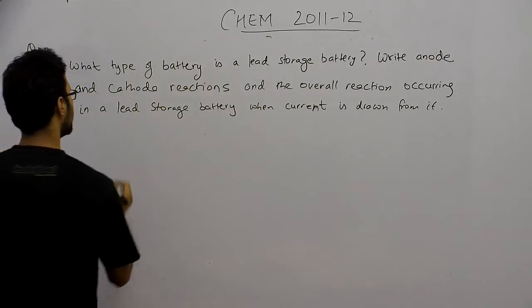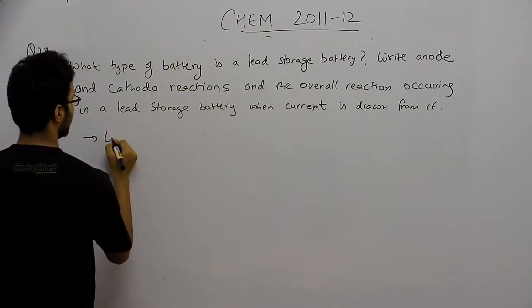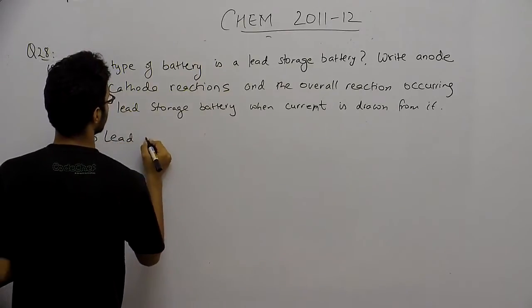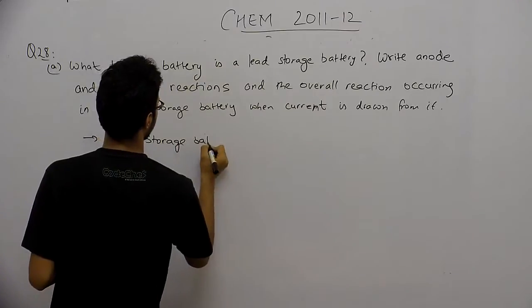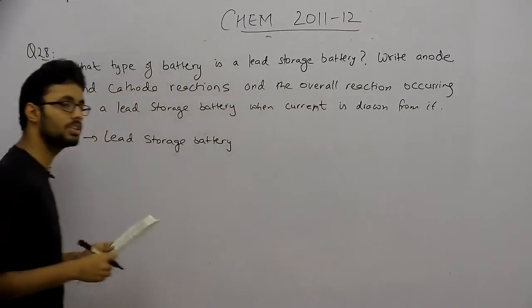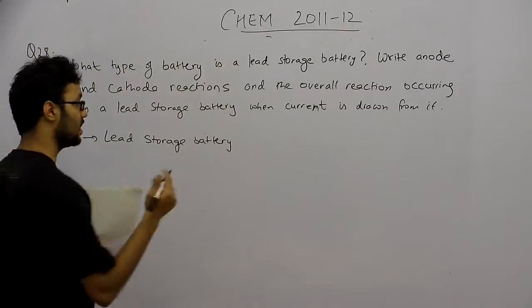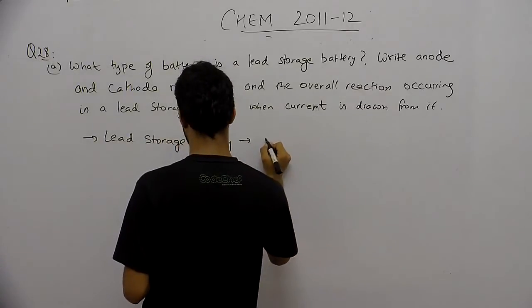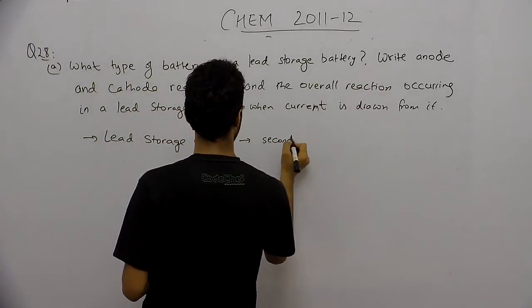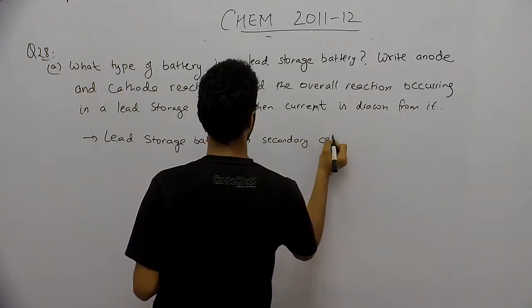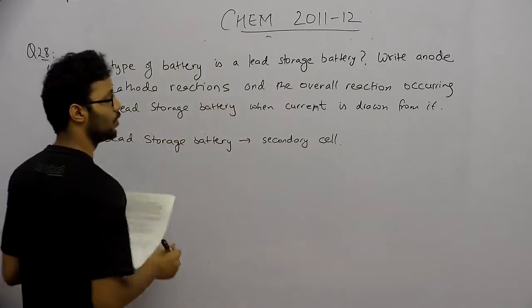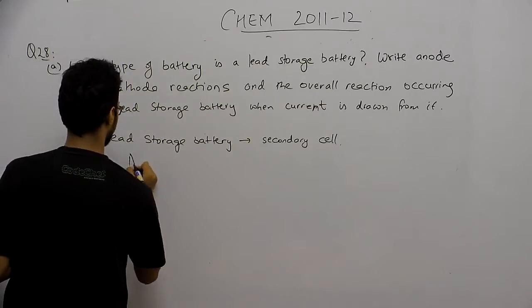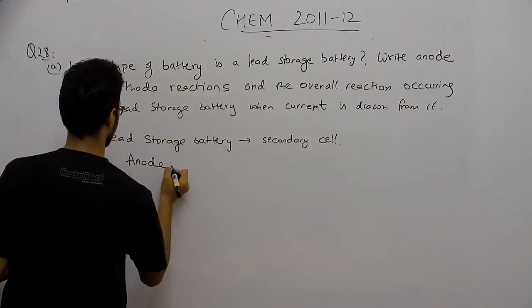So the first part, lead storage battery is actually a secondary cell. Now we'll write the anode, cathode and overall cell reaction. The anode reaction is